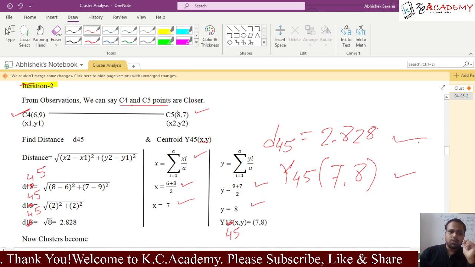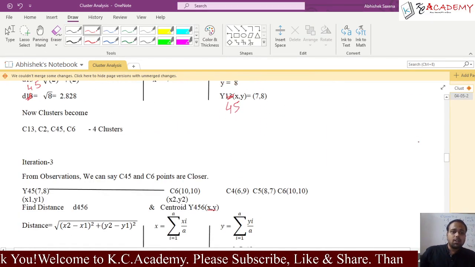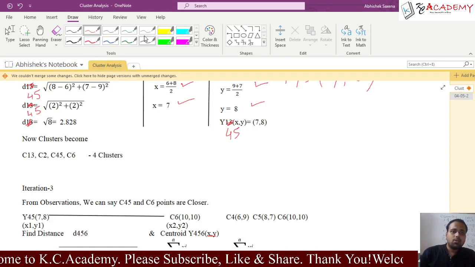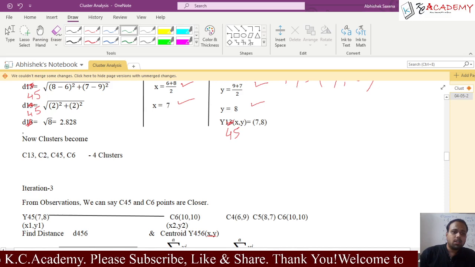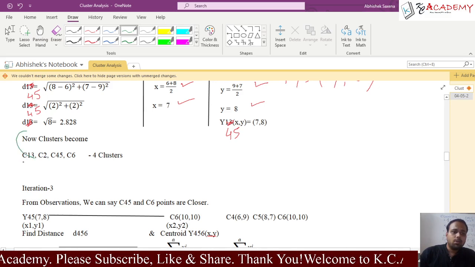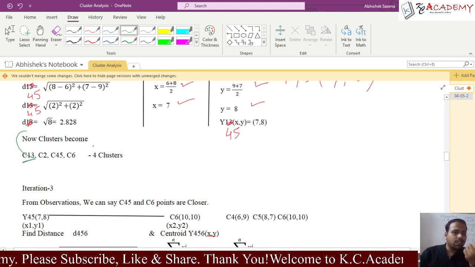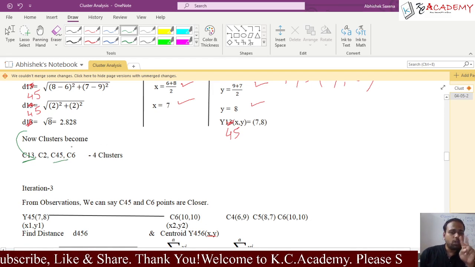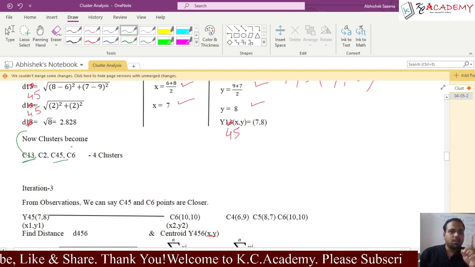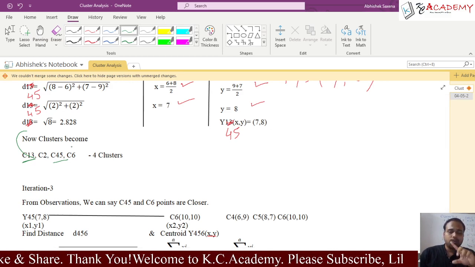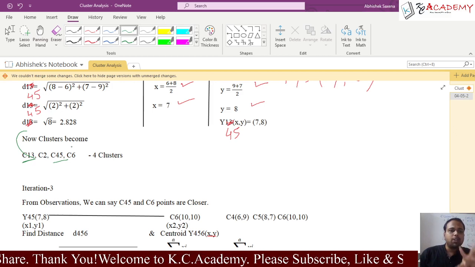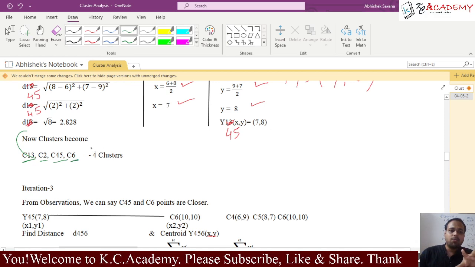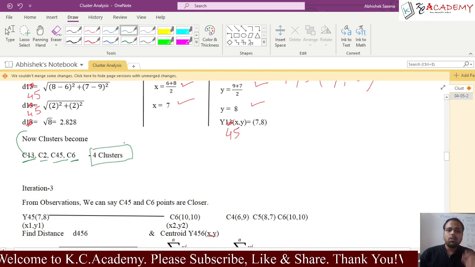So this one we got as iteration 2. What is the result of iteration 2? That is more important than doing all this, and that is what is interesting here. C13 we had already clustered. In this iteration we have cluster C45, meaning 2 clusters. Total 6 data we had in the first one. In the first iteration we combined 1, and now we combine 2. So 2 are combined, and the remaining 2 are C2 and C3. So total 4 clusters we are having now.